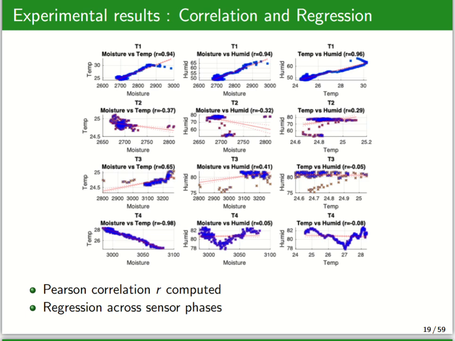This graph shows the correlation between variables. We also use regression to predict soil moisture from temperature and humidity. For example, if we see high temperature and low moisture many times, we can say they are related. Then we can make a rule like, if temperature is high, we need to add water.